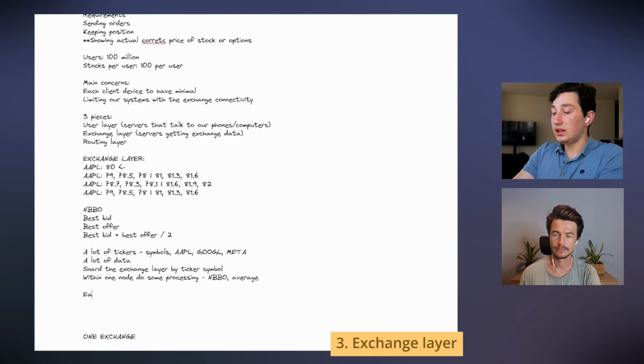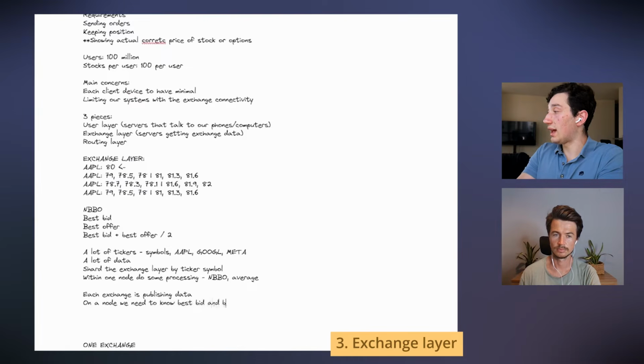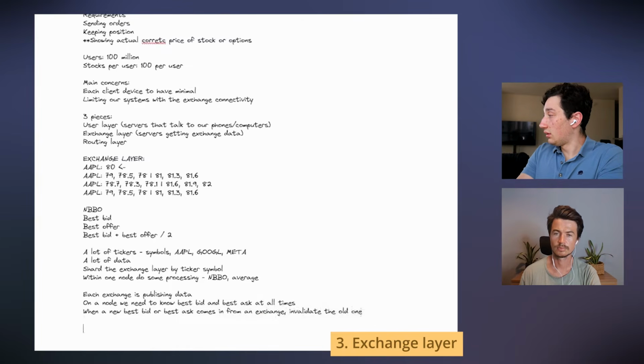So we know each exchange is publishing data, and on a node, we need to know best bid and best ask at all times. And when a new best bid or best ask comes in from an exchange, it means that we need to basically invalidate the old one. And so what I was thinking is maintaining a doubly linked